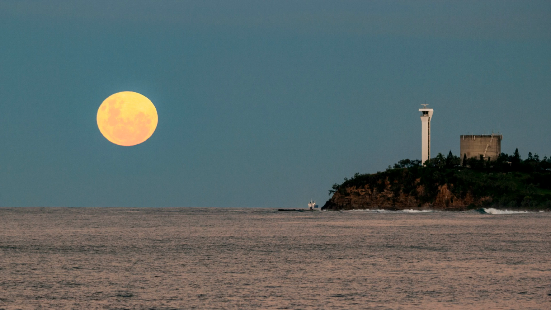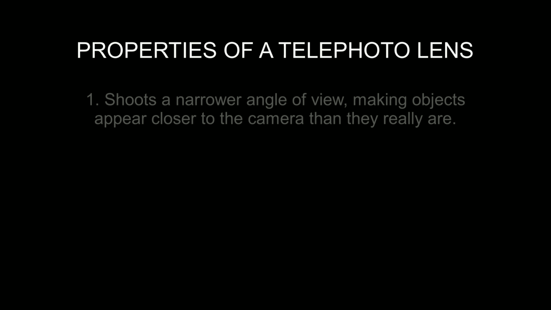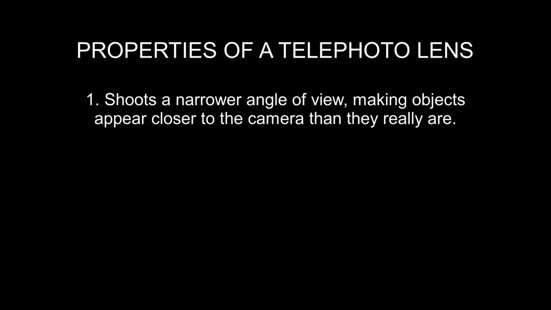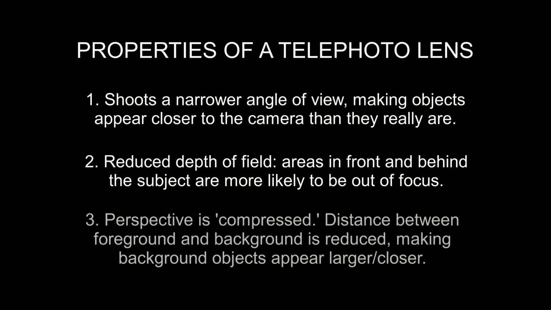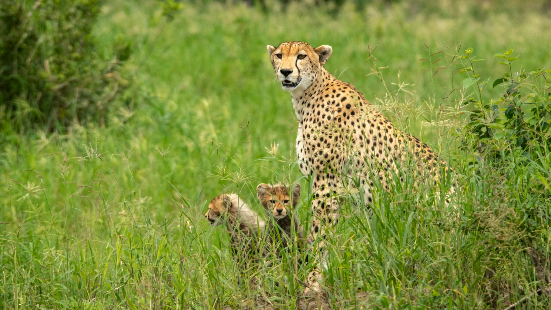So there are the three main features I wanted to talk about with telephoto lenses. Let's do a quick recap. Telephoto lenses reduce the angle of view and enlarge the subject. They create a shallower depth of field, which is an effective way of isolating a subject by reducing distracting backgrounds. And as we just saw, they compress the distance between objects, making background objects, if you can see them at all, a much larger feature in the picture. So if you always thought that telephoto lenses just make things bigger, well, now you can see they do a lot more than that. Now I'll finish with a few more of my favourite telephoto images from my many years